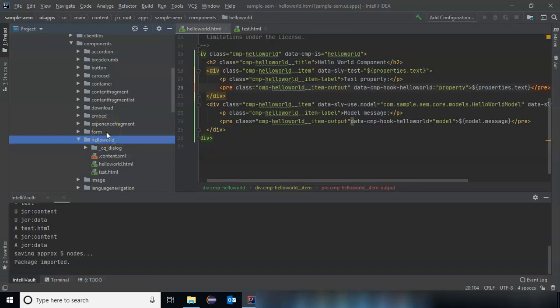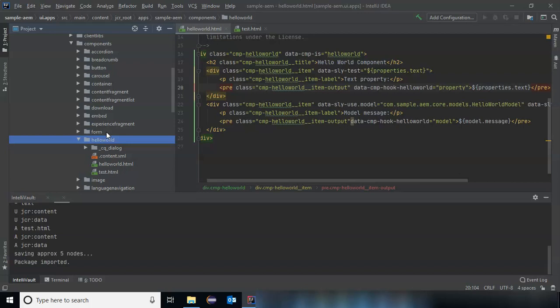When you are working in your local, you normally don't push content to your Git, right? When you do something on your local, for your learning or whatever, at that time I would always prefer to keep a FileVault, always sync your content between your CRXDE and your IntelliJ. Always make sure the content is pulled down from your CRXDE to your IntelliJ.